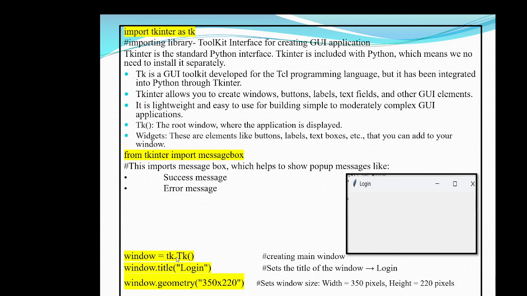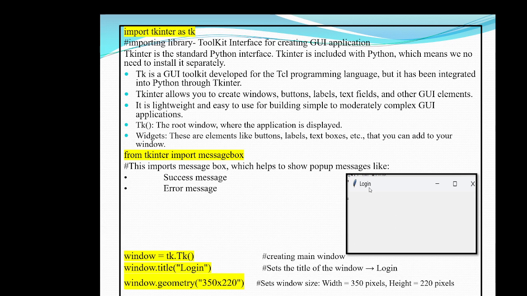After creating, to refer to it again, I kept that in a variable called window. Now to that window, I am giving the title as Login, and I am giving the size of that window as 350 pixels width and 220 pixels height. Geometry and title are the methods which help me to specify the size and title of the window.